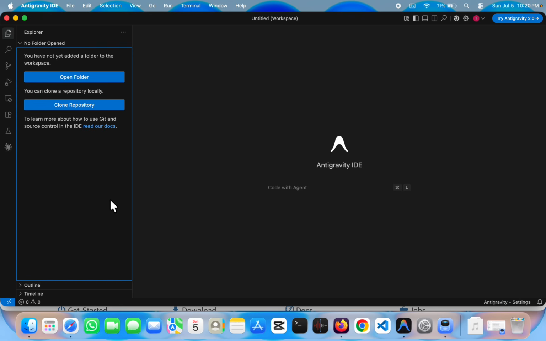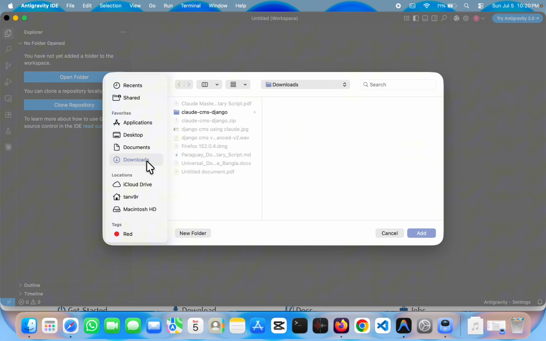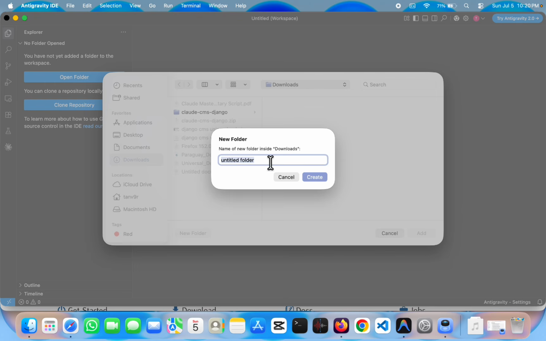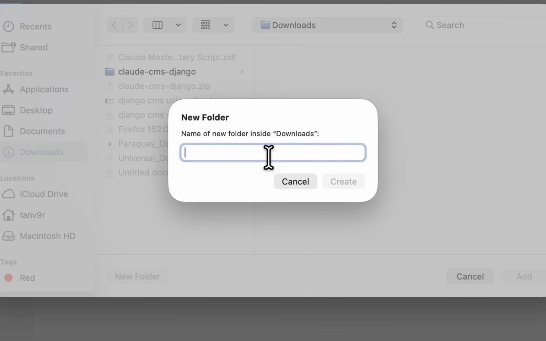Now we need a prompt, but before that I'm going to add a folder. I'll open folder here, and I'll create the folder in the download section. In your case, you can create it anywhere on your PC. Our project name is news site, so I'll say news hyphen, I'll say Claude at first. Okay, so Claude-news